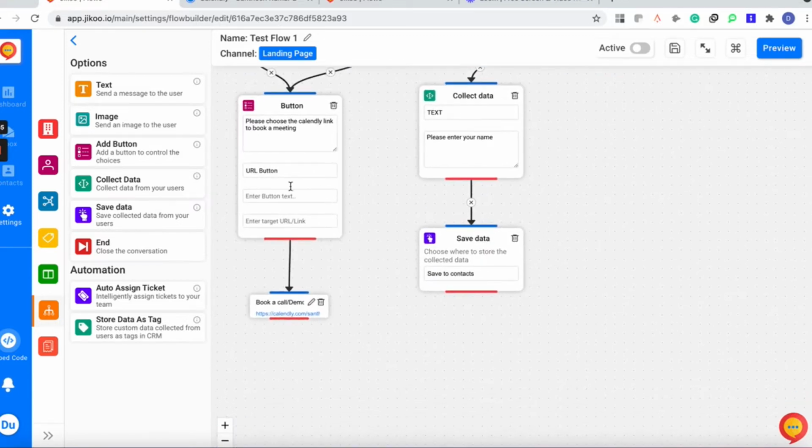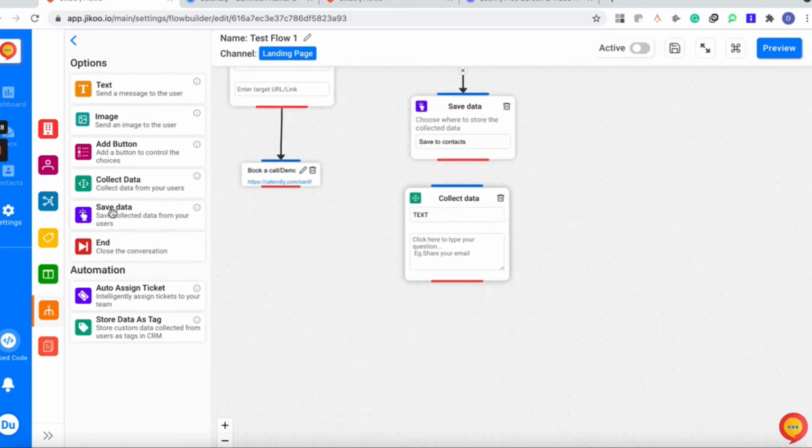I would like to collect two more data, phone number and email address. So I've just dragged and dropped one more collect data, and we can drag and drop the save data as well for the phone number. In the text area, please enter your mobile number. And I would like to save that as well to contacts.